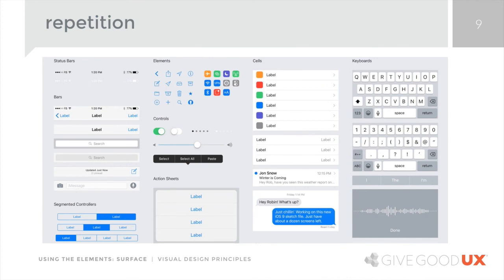One of the ways that repetition gets created and implemented is by setting up a series of design patterns once the look and feel phase of the project is complete, right? Once you've settled on your graphic elements and what they're going to look like and what the style is going to be, you then take those styles and apply them to all the other graphic elements, controls, buttons, etc., that you're going to use. Here's an example. If you are an iPhone